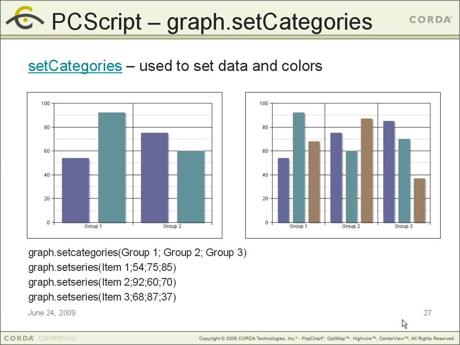Set categories is used to set data, which you've seen previously, and it also could be used to set colors. So a very basic one, we have a graph that by default on the left has 2 categories and 2 series. And the categories are named Group 1 and Group 2. If you dynamically apply the commands below these graphs, set categories as Group 1, Group 2, and Group 3, you're setting 3 series and then the values for those 3 different series,